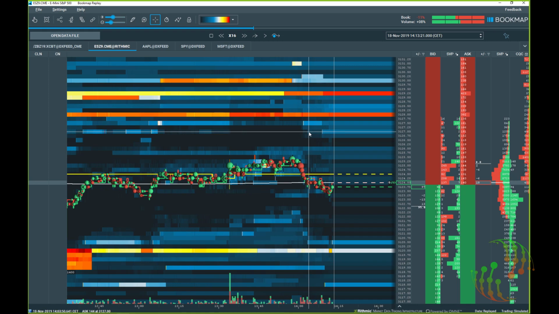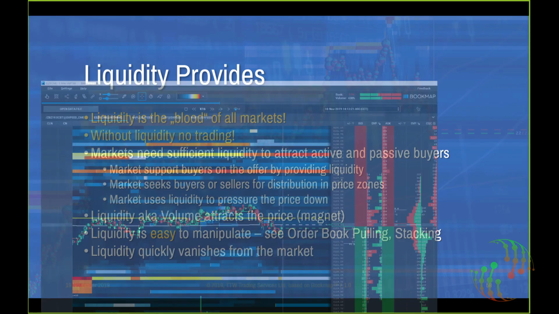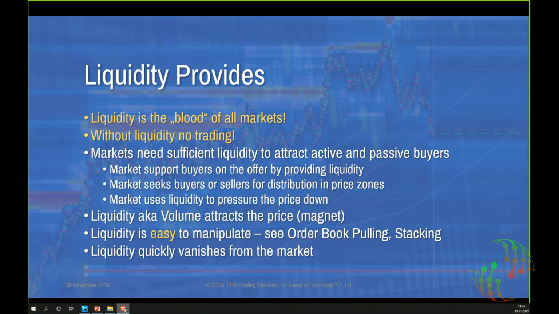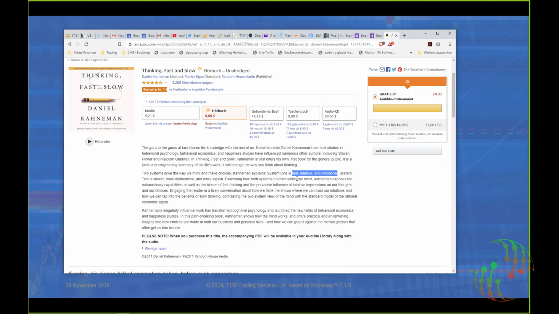What is this kind of software? It doesn't help me anyway, and so on. You will find a lot of arguments that it's not you, or it's not me, but it's the system here. It's this chart. It doesn't give me the right signal to sell. This is what is described as fast, intuitive, and emotional.